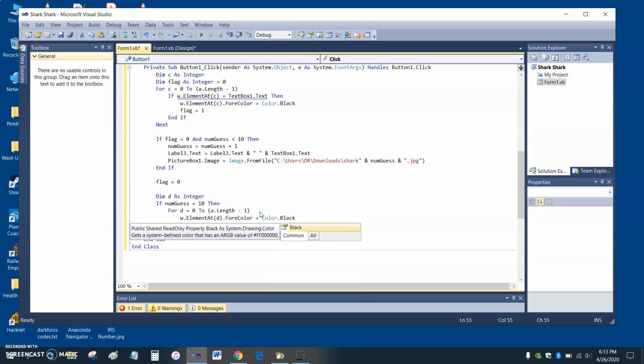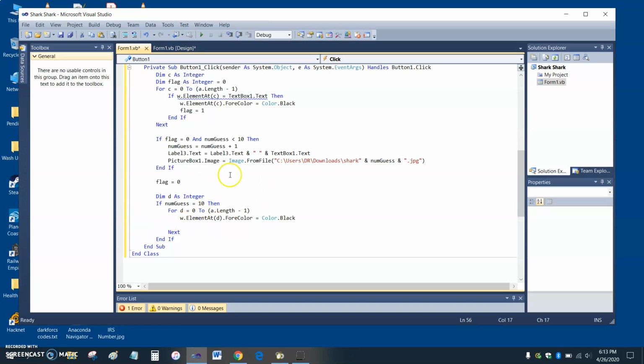So if they get numGuess 10 and they didn't get it, this means they didn't get it. Checking to see if all the ForeColors are black means they did get it. So at this point, they didn't get it. And we do that, and then we want to change the picture box to you lost, or whatever picture 10 is. I forget what the picture is, but